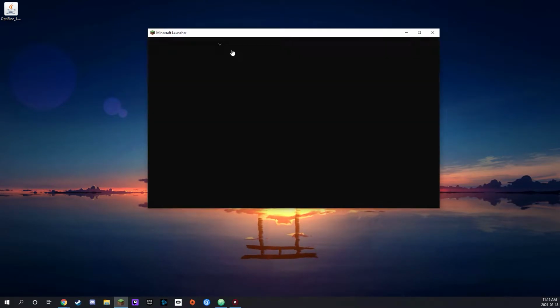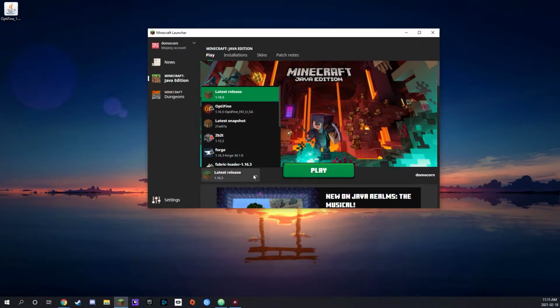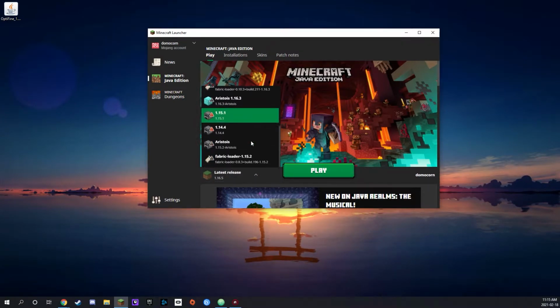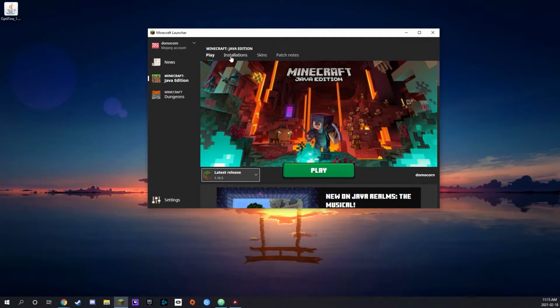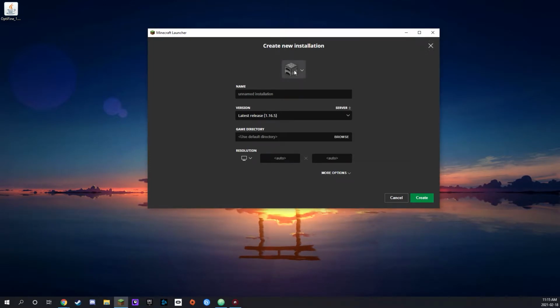So then our next step is going to actually be opening the Minecraft launcher. Now before you actually install this OptiFine version, you're going to want to have run the version of the game that you want to run at least once. So you can see, I don't believe I have the 1.16.4 version, so this is a perfect example of what you need to do if you don't have that version. You go to the installations tab at the very top of the Minecraft launcher here, click on new, and that will allow you to make a new